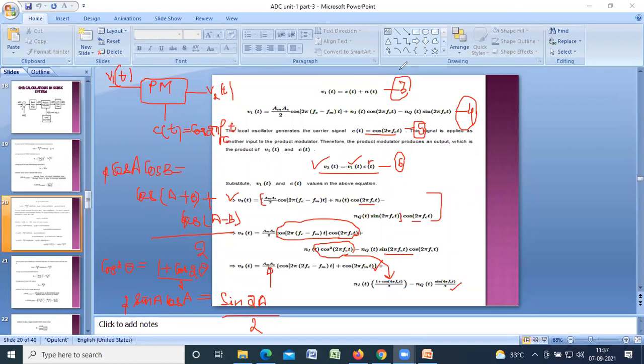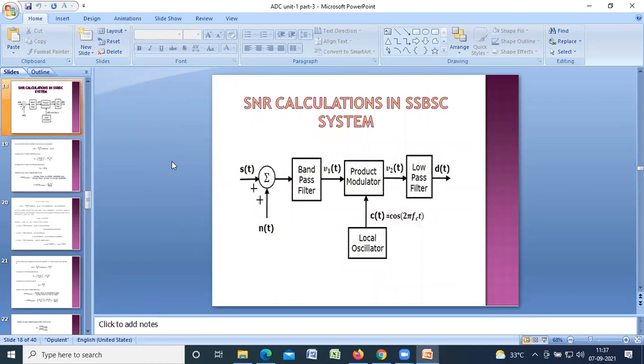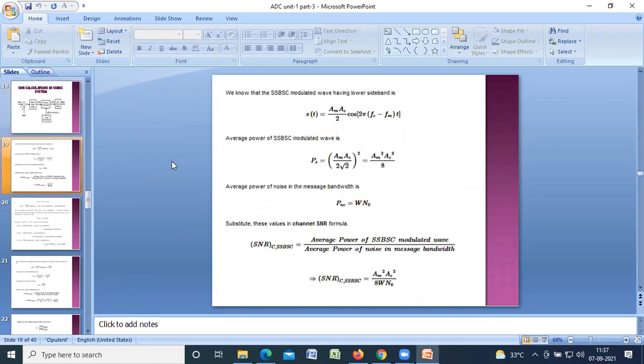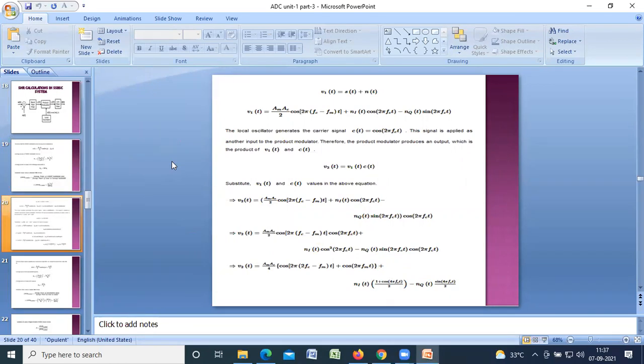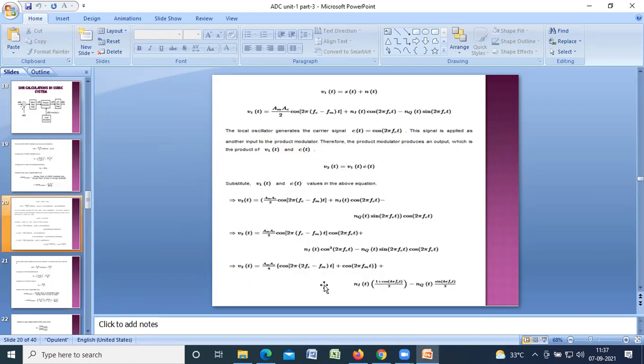यस मैम क्लियर है। अब V2T आउटपुट हमने फाइंड आउट कर ली। अब क्या करेंगे हम? See your block diagram first. V2T is applied to the low pass filter. Why? We have to restrict the demodulated output. What is the purpose of demodulator? To restrict the original signal back. और original signal आपका कौन सा है? That is your message signal. अब इतना हमने V2T find out कर लिया। अब इसको V2T को लो पास फिल्टर में से पास करेंगे तो